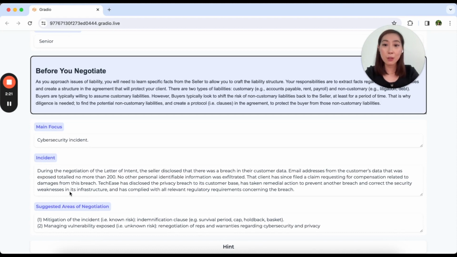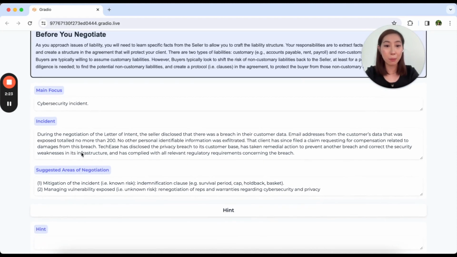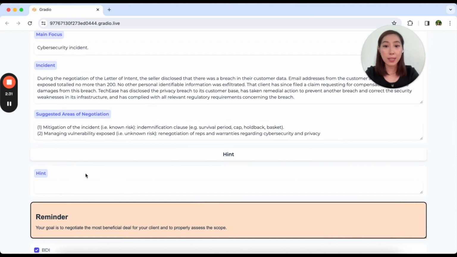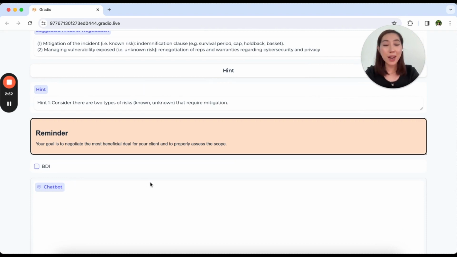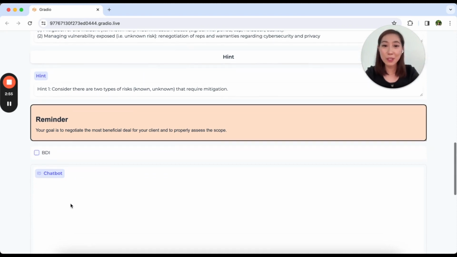Once selected, the user will be informed that the seller disclosed a breach in their customer data. The user is now recommended a few suggested topics of negotiation. You'll also notice that there is a hint button. A user may click on the button for a hint in the event they get stuck or are struggling with where to start. So if I hit this button, I'll notice that there's a tip about the known and unknown risks here to mitigate. Immediately I think, I should renegotiate our standing representations and warranties, and I better hash out this indemnification. I am now ready to kick off the negotiation, so I'll scroll to the chat and open up